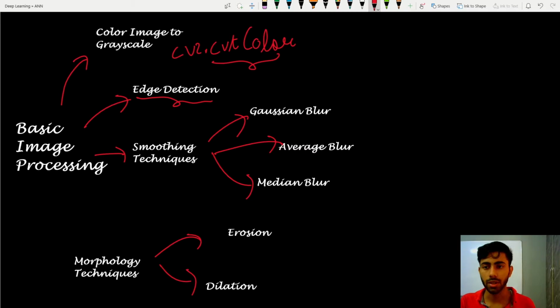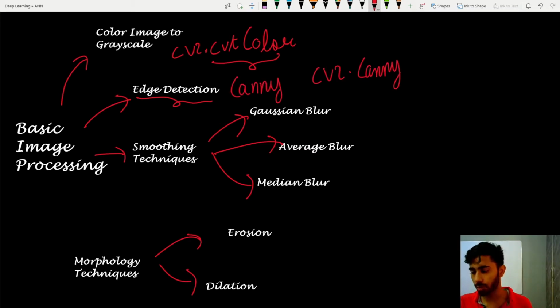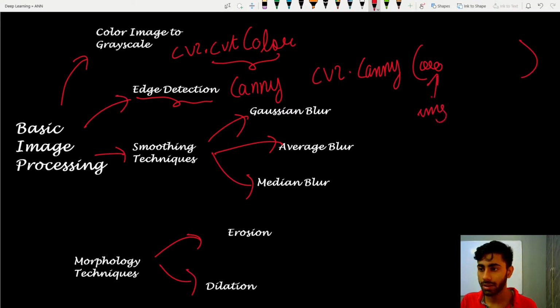To perform edge detection we use the Canny filter, so this will help you to perform edge detection. And inside this you have to pass your image on which you have to perform your edge detection. This is going to be our image, and then you have to give a threshold value, your lower limit and your upper limit. Between these values the pixels will be extracted. For example, if a value is less than 100, for example in this case, the pixel of those values won't be extracted, and if the pixel value is greater than 200, that particular pixel value won't be extracted. So this is how you can perform your edge detection.